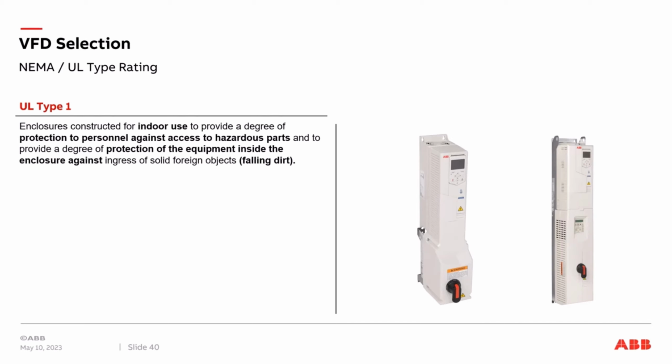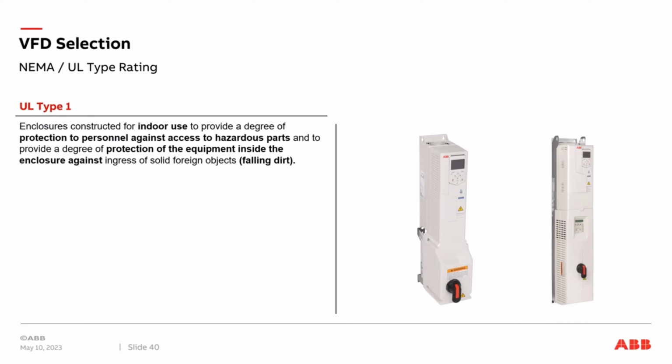There's your difference between UL and NEMA. So let's talk about a UL Type 1, which is the same as a NEMA Type 1, but we're going to talk about ULs. ABB drives are UL rated. A UL Type 1 is for indoor use, and it provides a degree of protection against access to hazardous parts,